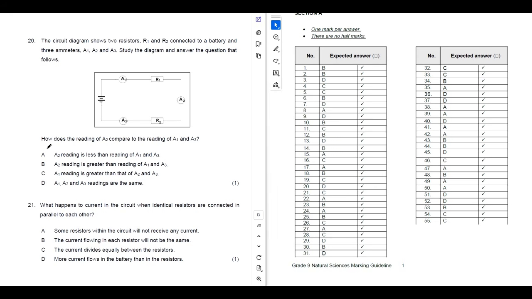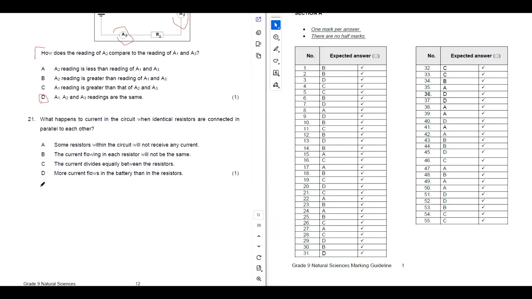Here our question says: how does the reading of A2 compare to the reading of A1 and A3? If we check, we can see that A2 is here and then our A1 and our A3 are both here, right? So the answer will be A1, A2, and A3 readings are the same. We can see that they all have the same readings. So our answer